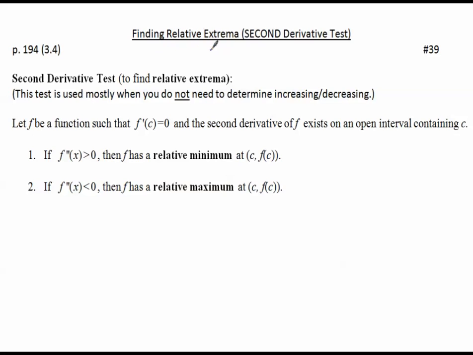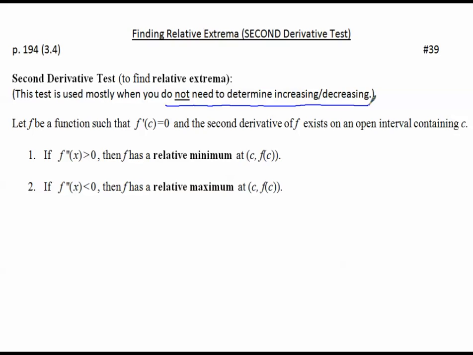So we can find relative extrema using the second derivative. The second derivative test helps us to find relative extrema, but I really wouldn't use it unless I don't need to determine increasing or decreasing. Again, this test is used mostly when you do not need to determine increasing or decreasing, and you only need